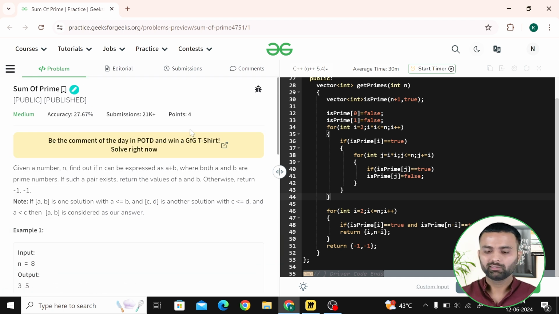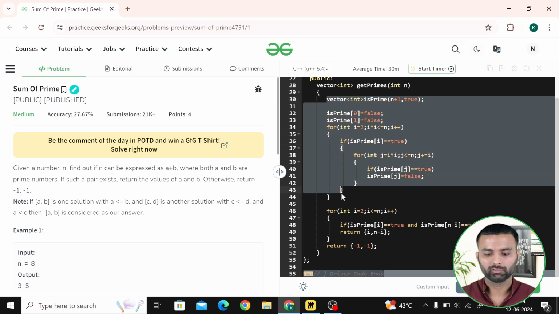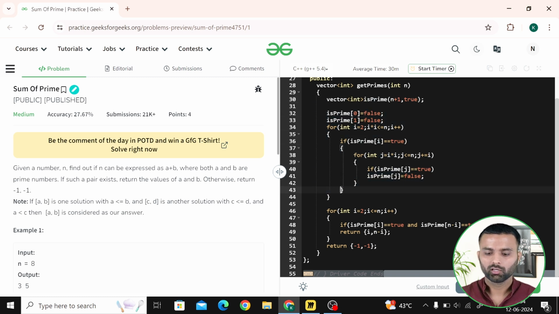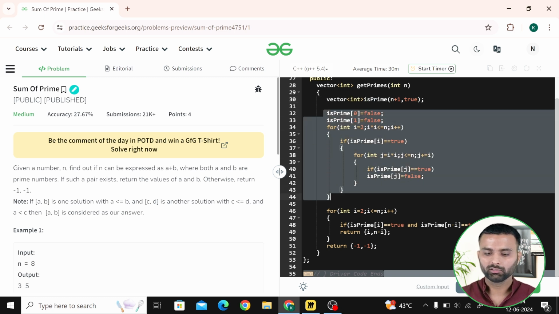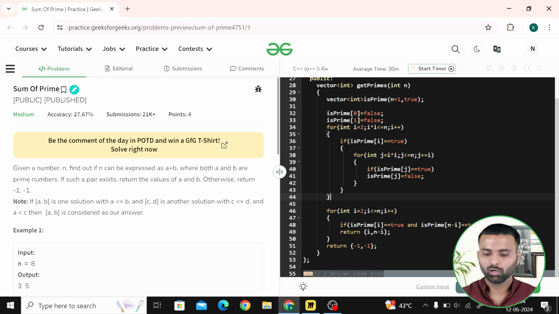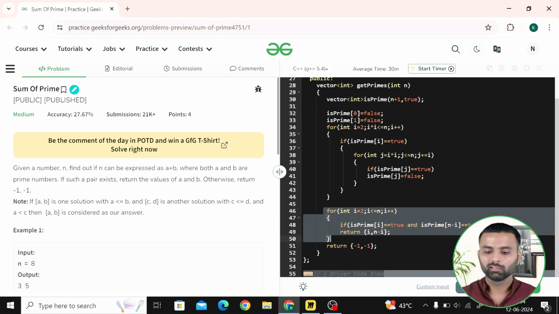So let's talk about time complexity. I hope you know that the complexity of the sieve algorithm is n log log n. So the first step to solve this question has complexity n log log n. In the second task, we just check whether it's prime or not, so in that case our complexity is simply O(n).